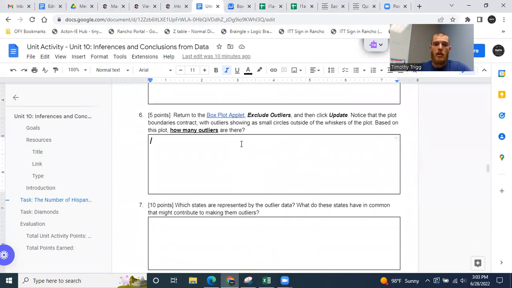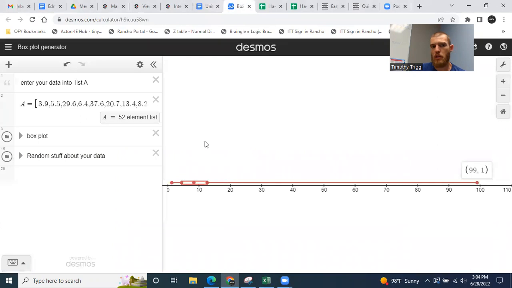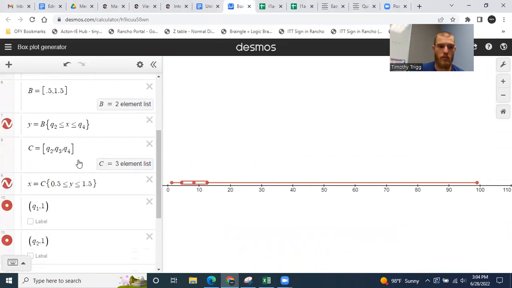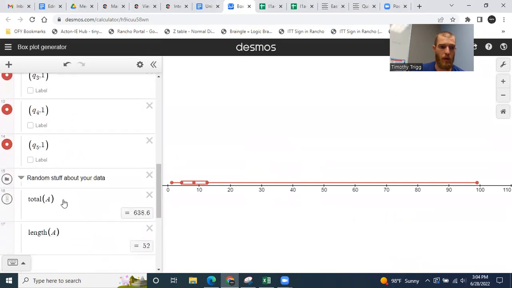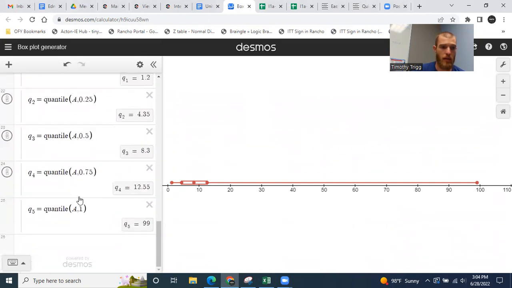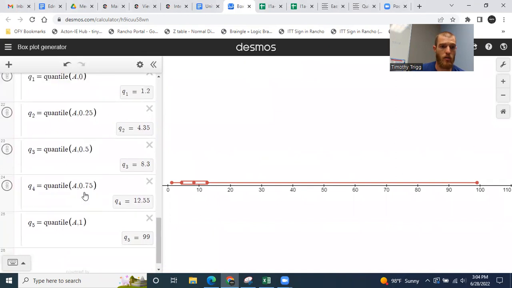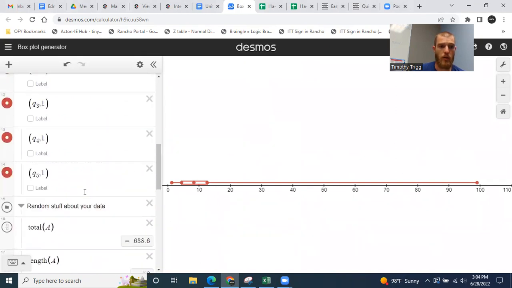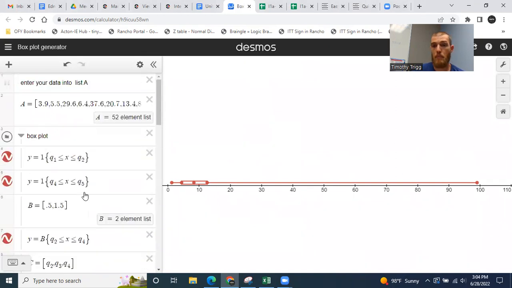Return to the Box Plot Applet, exclude outliers, and then click Update. So here we have that Box Plot Applet. It says there's a thing where you could say exclude outliers, but I don't see that anywhere here. I don't see any way to exclude outliers. So I don't really know what they're talking about, but we can still exclude the outliers, and I'll show you how. So if you have Excel,